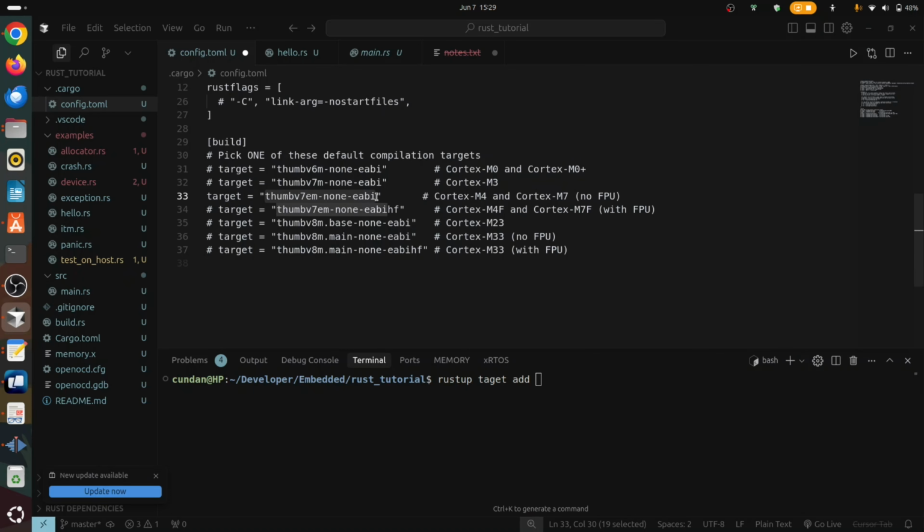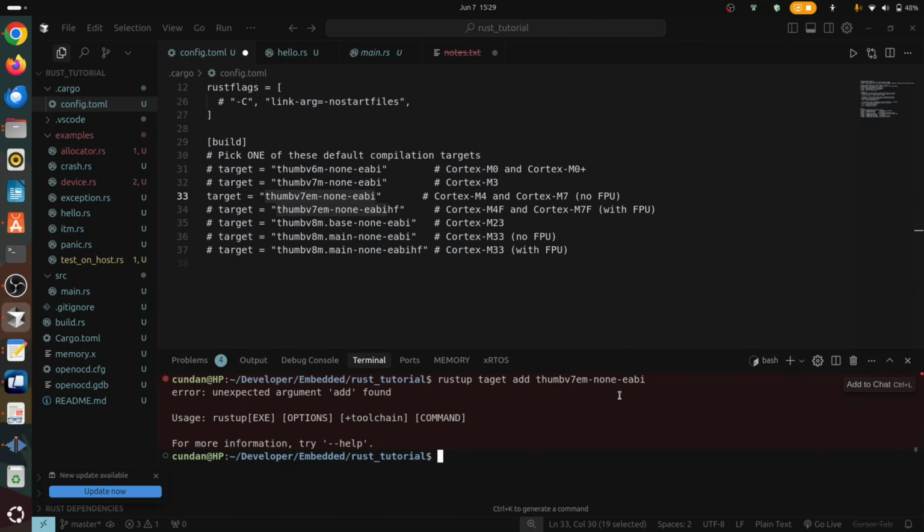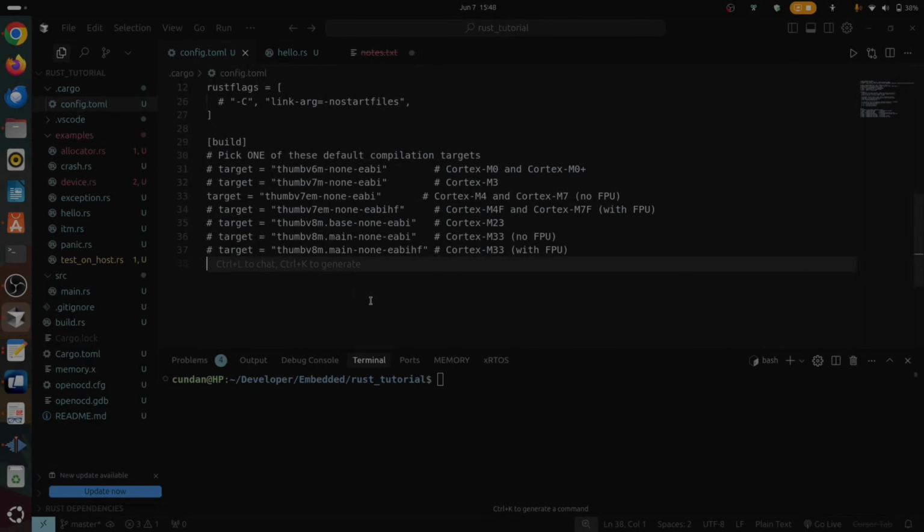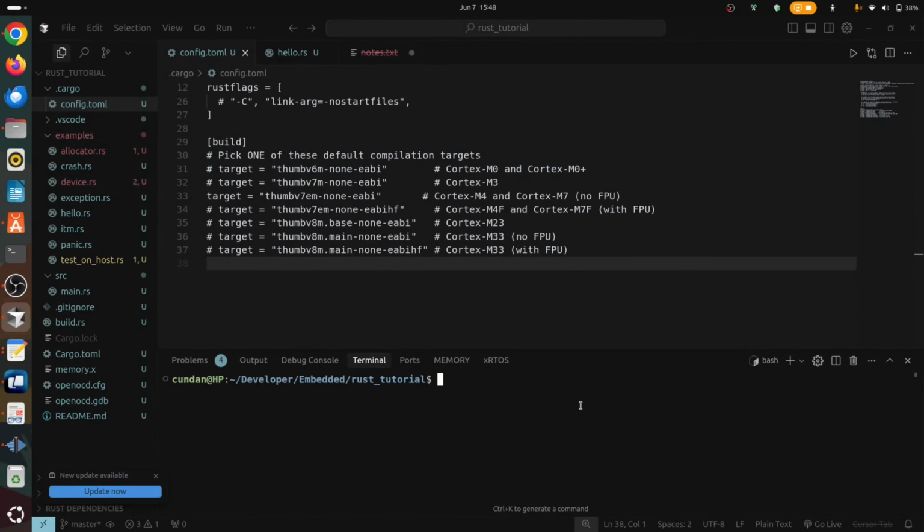For us, it will be the Cortex-M4 target, so I'm using this and adding it here. Save this config.toml file, and then after saving, you need to enter